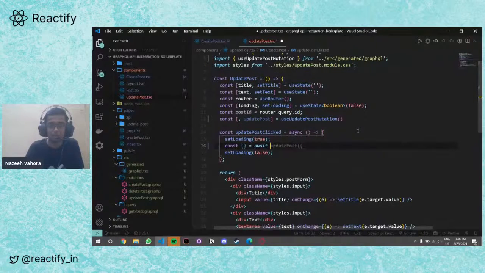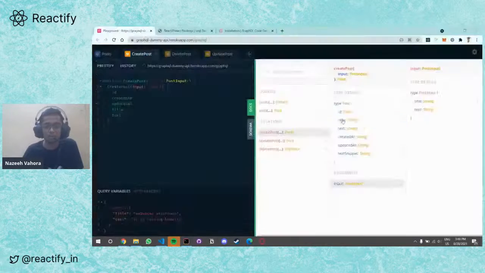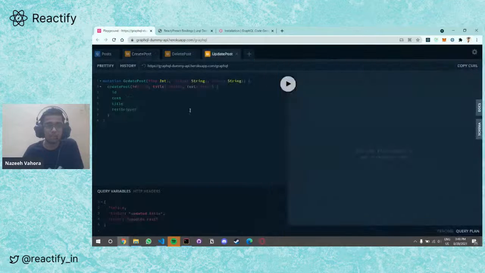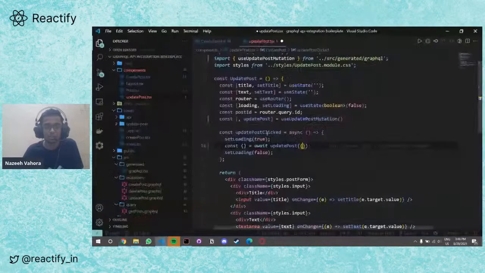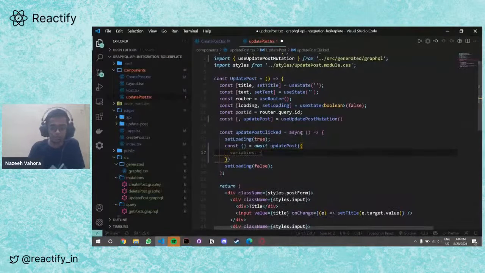Sorry, update post it is. Now for the update post, we need to provide three variables, that is the ID of the post and the new title and the new text. So let's just provide those variables.